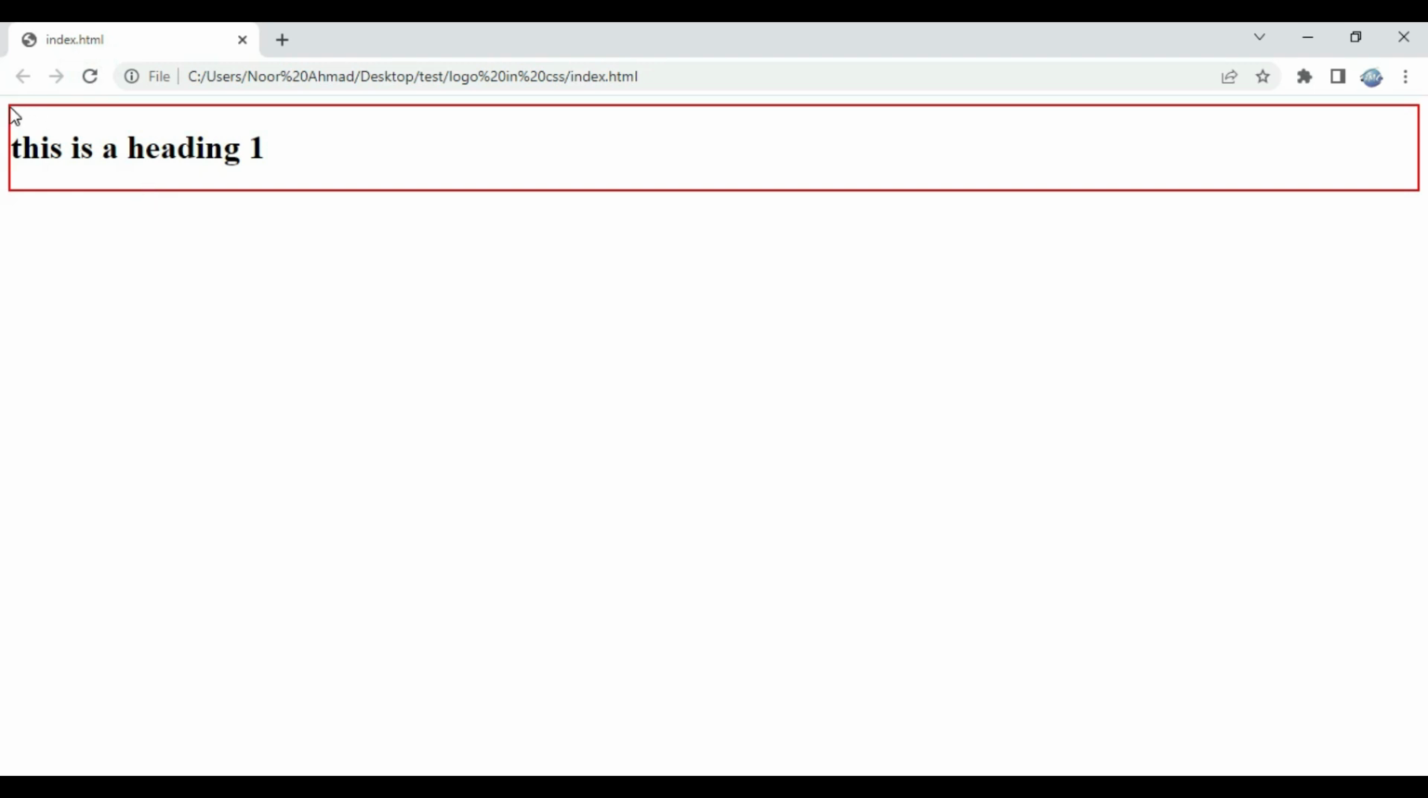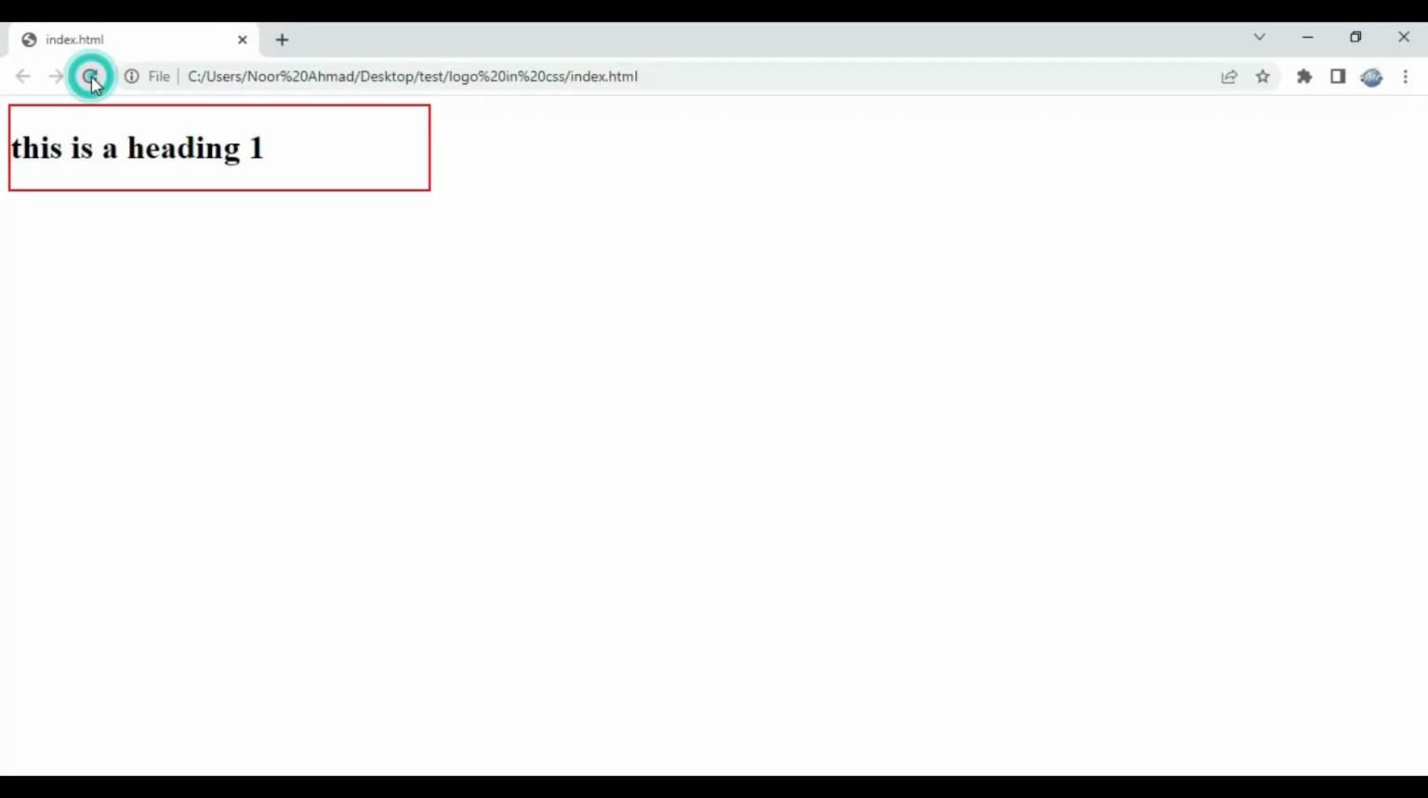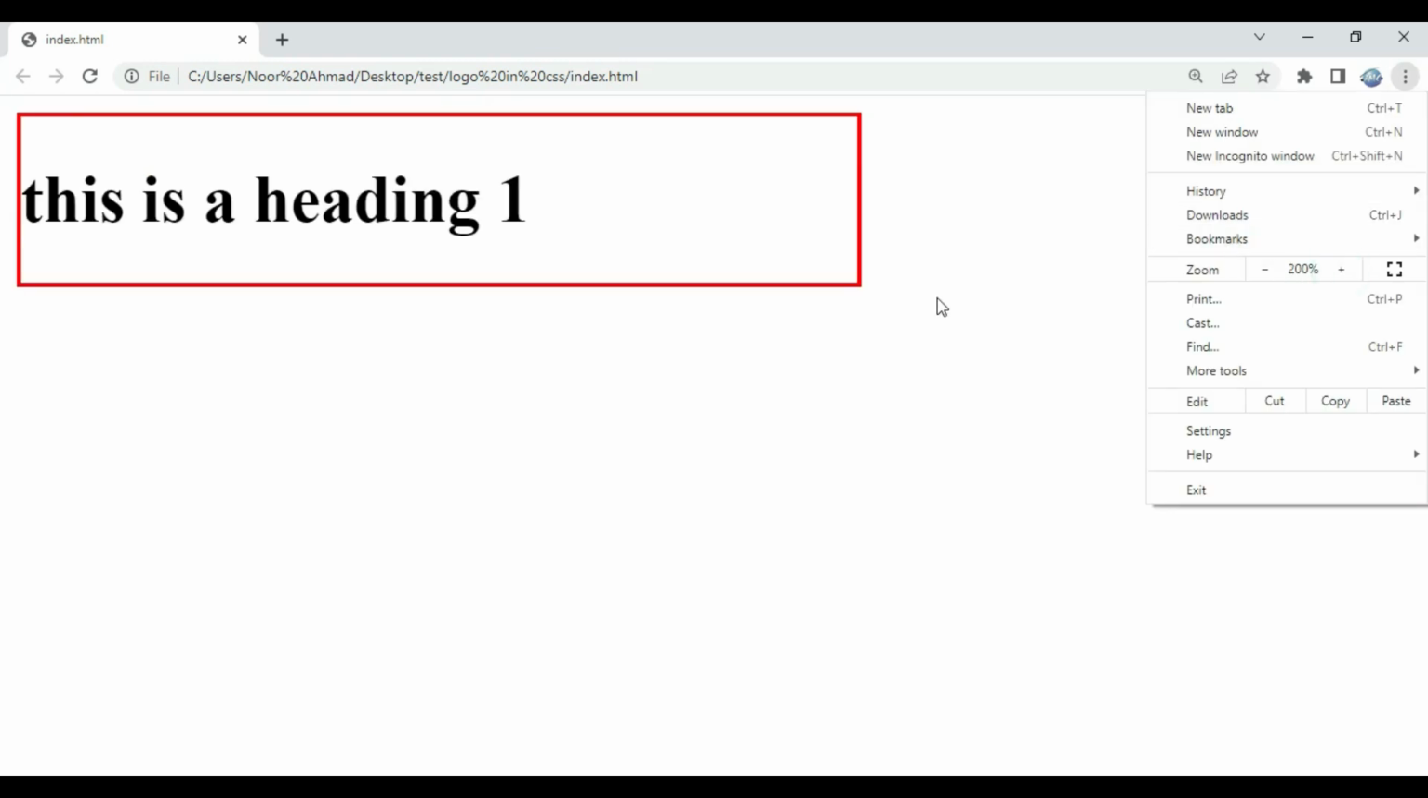You can see these corners. Let me change the width of this border. The width will be 400 pixels. As you can see, here it is. Let me zoom in. As you can see, these corners are not round right now. So when we add the